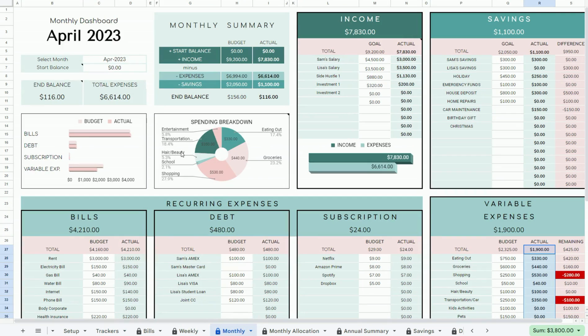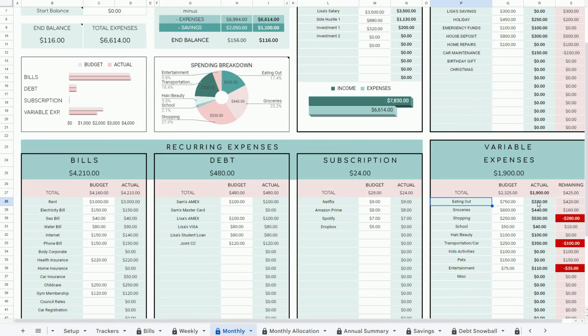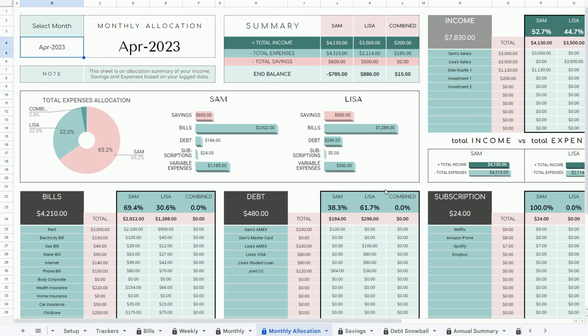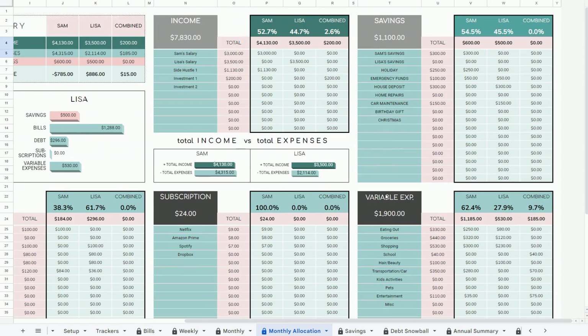So when you go to the monthly tab and then you choose the month of April, then under eating out in the actual column here, it will automatically calculate the total amount of eating out that you spent for the month of April, which is what you've selected here. And then when you go to the monthly allocation sheet, you can see that breakdown automatically calculated for you. So Sam has spent $250 on eating out that month, and then Lisa has spent $80 on eating out that